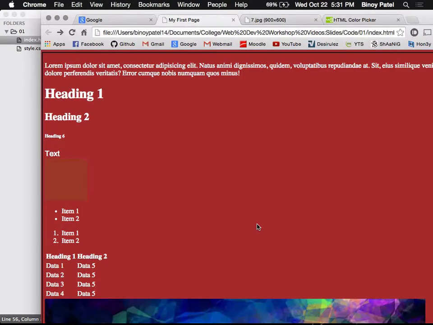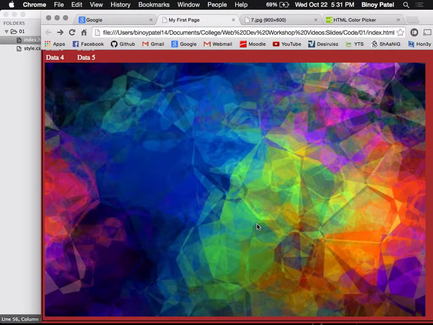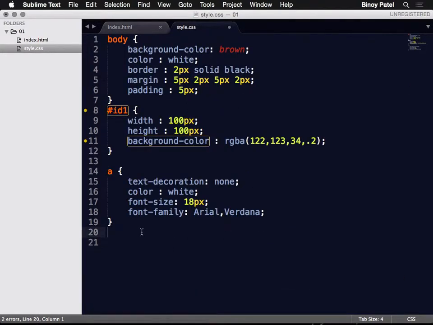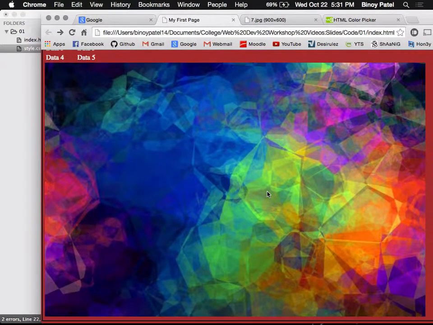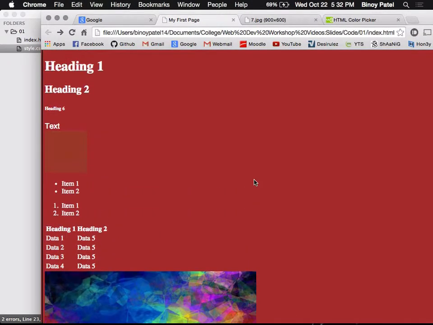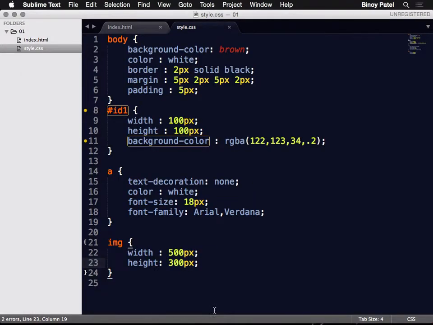So we have our picture, but this picture is huge. I don't want it this big. So what I can do is set a specific height and width for the image. I'm going to say width to be, let's say 500 pixels, and the height about 300 pixels. I think it's going to look weird, but let's see. So you see how now it's smaller? So you can define image height and size, and obviously you can define a background, a border, like color,